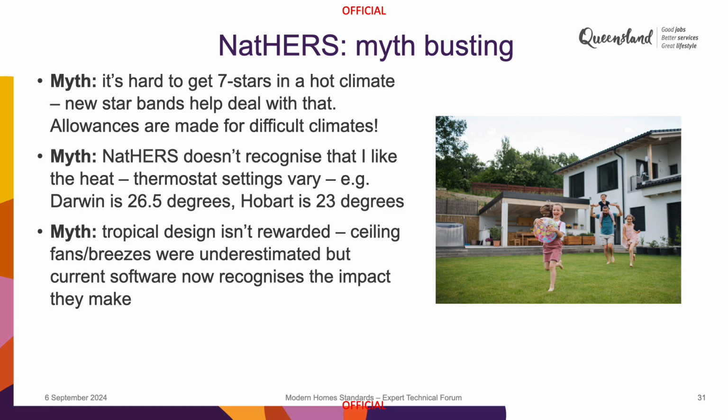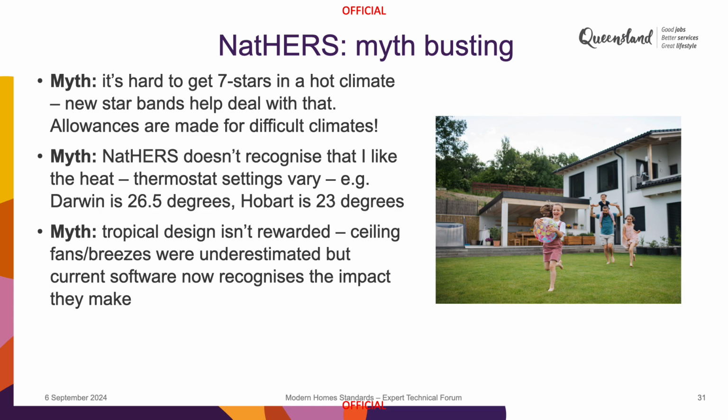All right, just a bit of myth busting. I've been with the NatHERS program for 3 years, but I am aware that previous versions of the software were deemed not to be as suitable for the tropical climates that we find here in Queensland. So it is true to say that the star bands in hot climates allow for a higher cooling load in Cairns than Brisbane. And the assumptions in the NatHERS tools also show that the thermostat settings are different for the air conditioning. So to stay cool and comfortable in Darwin, the setting is at 26.5 degrees, whereas in Hobart it's set to